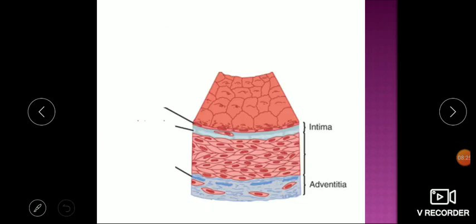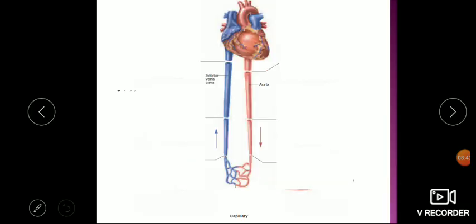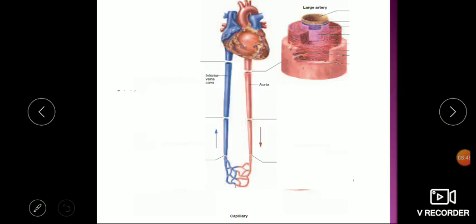This is the histology of a blood vessel. It consists of three layers: the inner endothelium, then these two elastic tissue laminas, internal and external, and this is the media, which consists of the smooth muscle. Now if you take a section, this is the aorta, a major artery, in which you can see the inner, middle as well as the outer layers. The larger arteries have smooth muscles and more elastic tissues. You can see it is rich in elastic tissues.